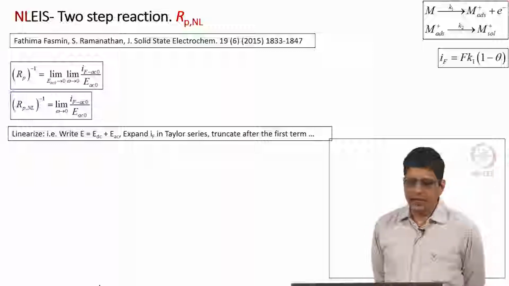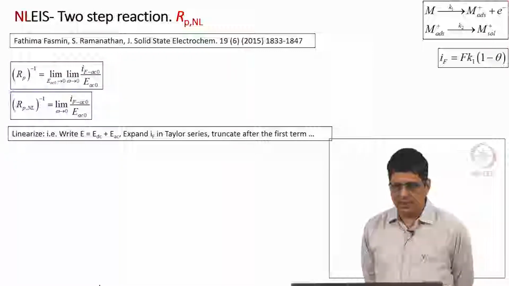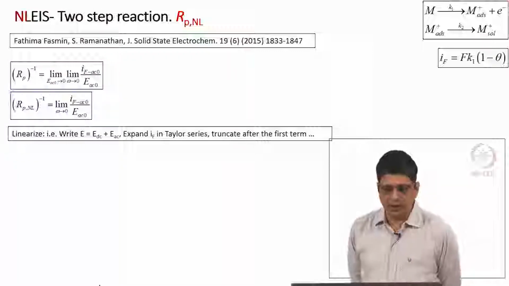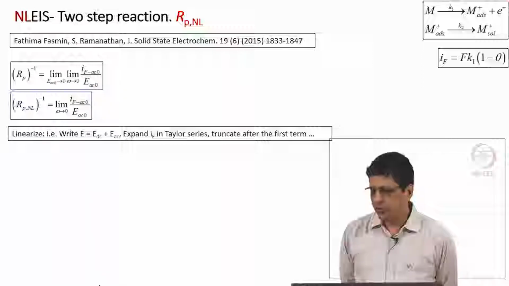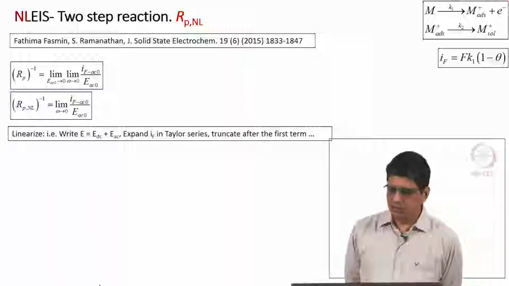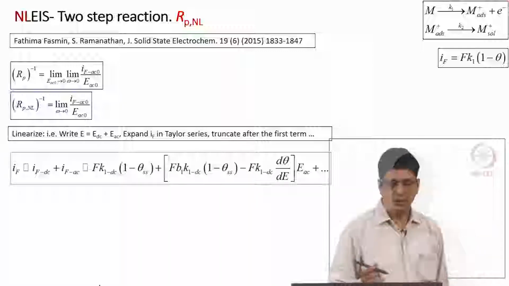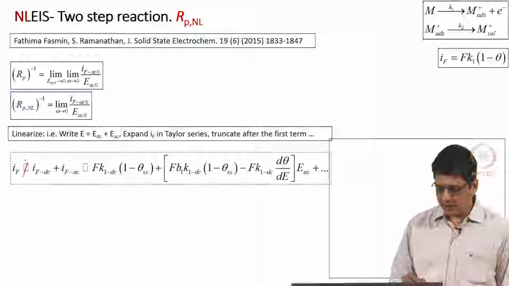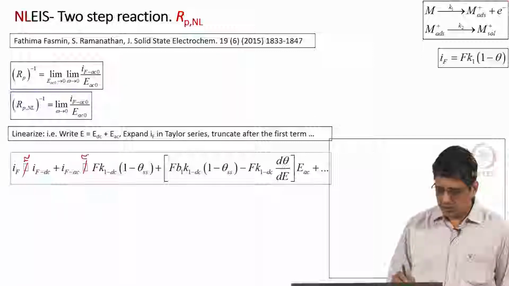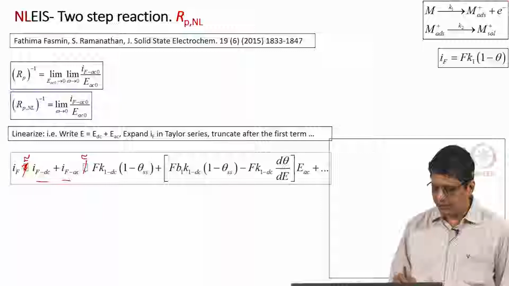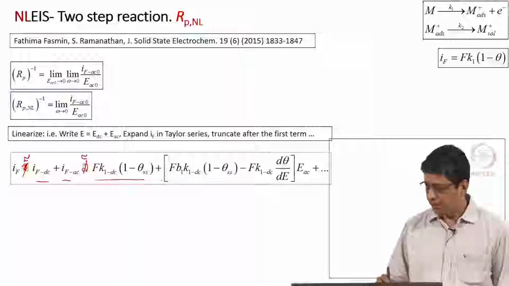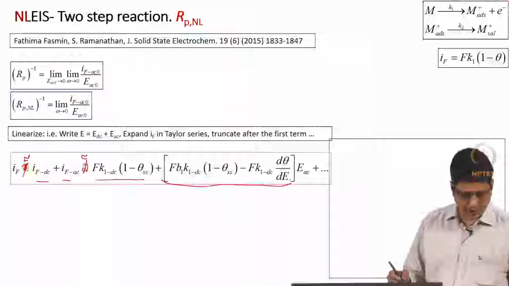When we want to calculate the polarization resistance, we can write the potential as E_DC plus E_AC0 sin omega t. We have an expression for current, expand in Taylor series, truncate after the first term because it is a small amplitude perturbation, and these are actually approximate signs. Faraday current is split into DC and AC components, and I can write the DC component here and the AC component here. We have done this before,